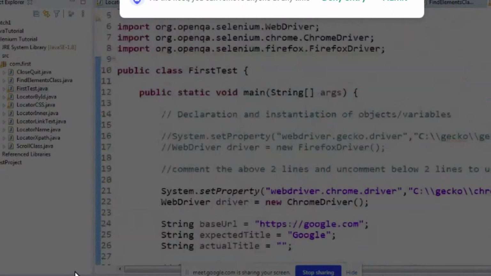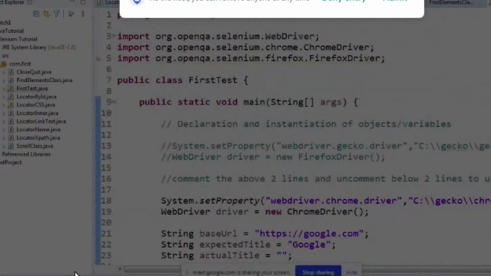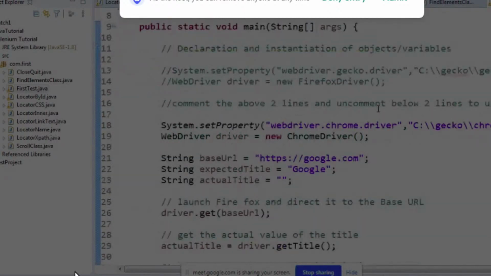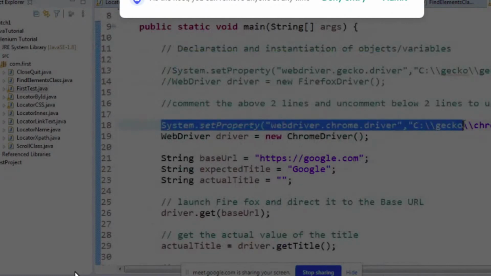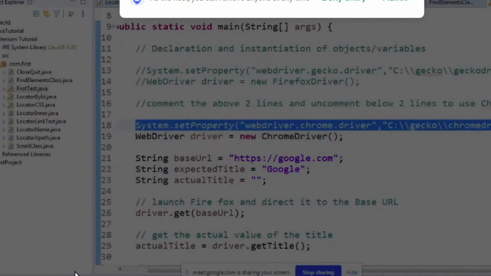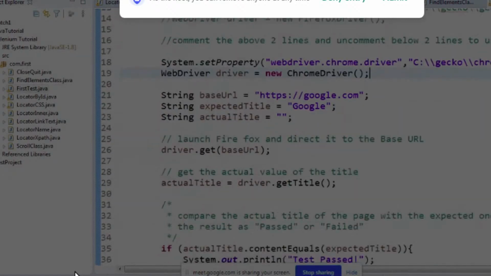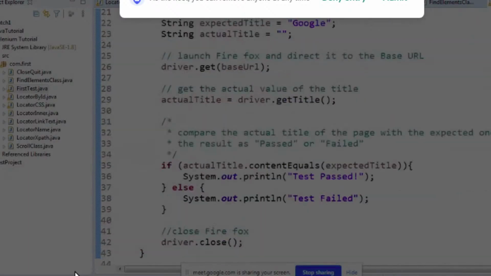We discussed it again just to recall the concepts: what is the use of WebDriver, what is the use of ChromeDriver and Firefox, and what is the role of System.setProperty. We have to pass the key value pair in it. Then we make the object of the driver class so that we can use all available functions of the WebDriver class, that is, the get function, getTitle, all these things.